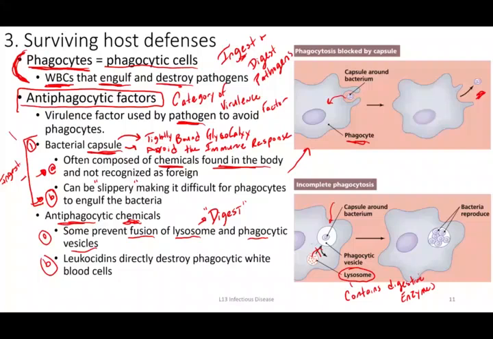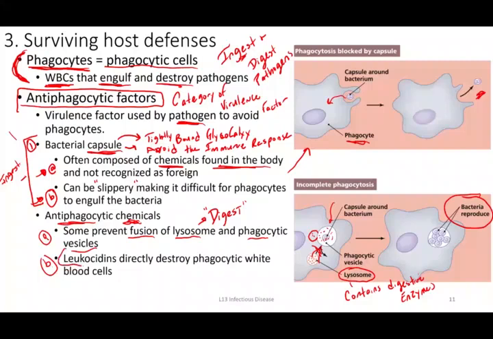But if the bacteria prevents that lysosome from actually fusing to this and dumping the chemicals on it, so normally this lysosome would come in here and dump all of its chemicals like so. And that's an important part of phagocytosis. But what we're saying is some bacteria make chemicals to prevent that from happening. So they actually not only survive, but they can potentially reproduce inside of our immune cells in kind of a protected, enclosed cellular environment. So that's one example.